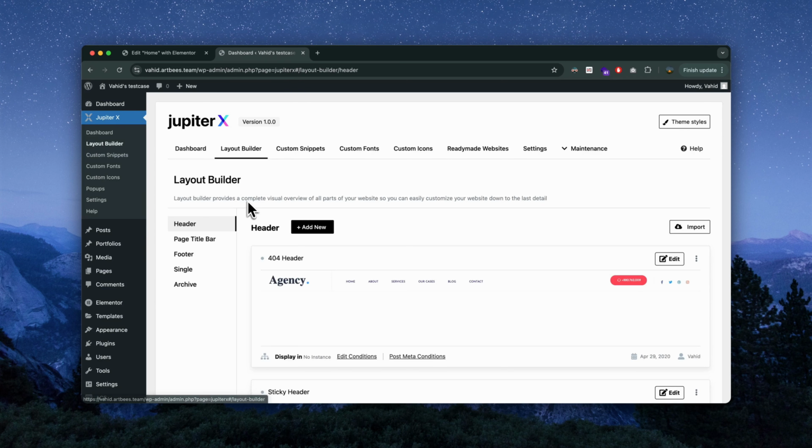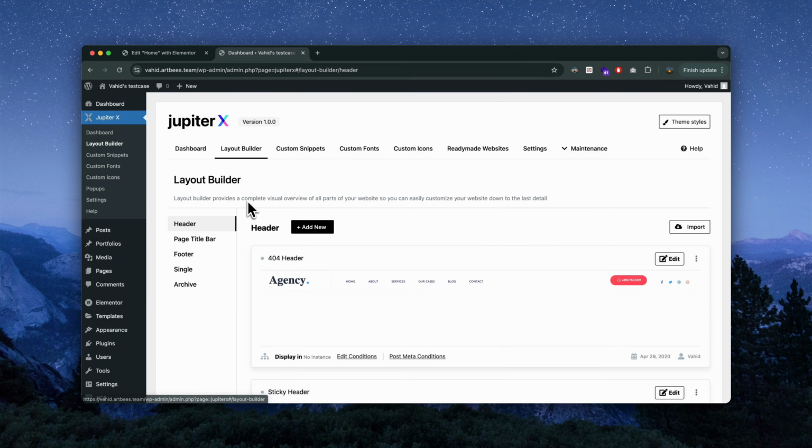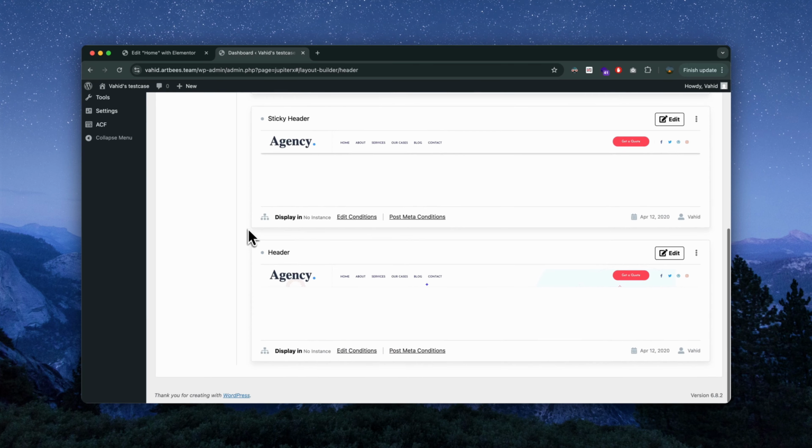Here, we can add our own custom templates, giving us full control and flexibility over our site's structure. From headers and footers to archive pages, single pages, custom search results pages, and more, it works as a versatile template system that lets you customize every element at a granular level. With its flexible template editing, the Layout Builder truly revolutionizes site design and customization. Alright, let's jump in and edit our website's header template. Let's click the Edit button for the header. That will open the Elementor editor.